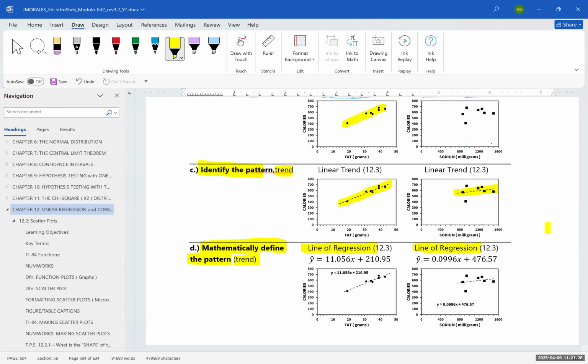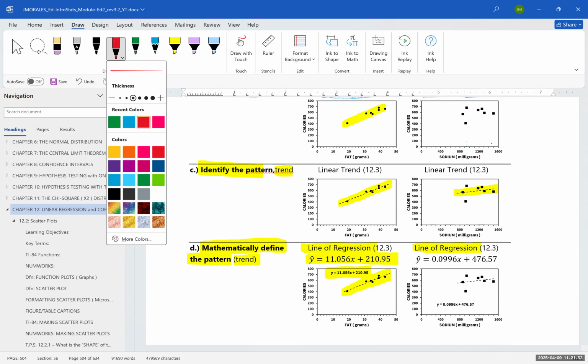So you can see I've got the line of regression drawn in through our scatter plot. The equation that defines that line is this one here. So we have y hat is equal to 11.056x plus 210.95. So what that means is I can take any value of x. So I can take maybe 22, 24. I can take x equals 24,